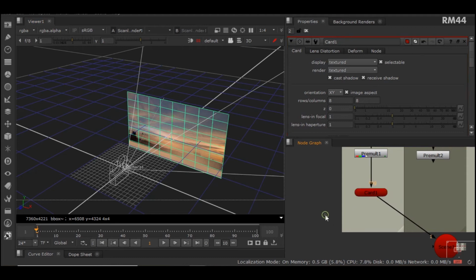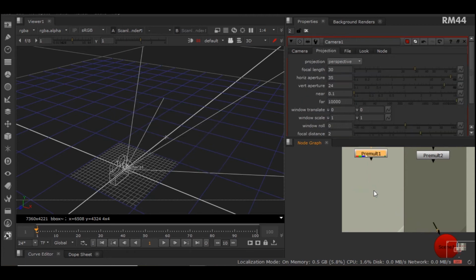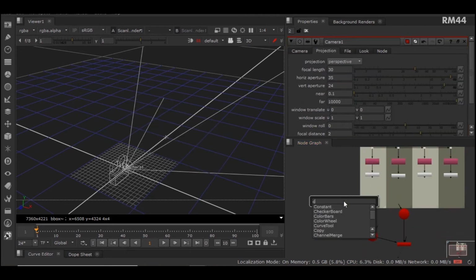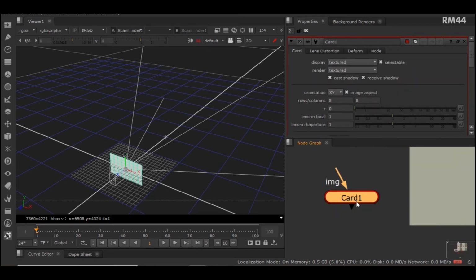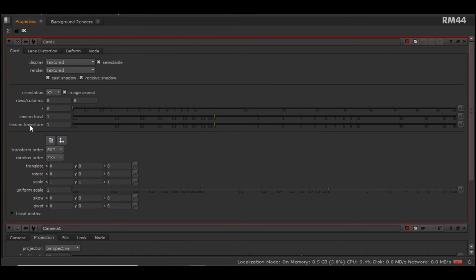In order to overcome this, we do have a method which is giving the values as per the camera. So now I'll be adding a card, and I'll go into the properties of this card and you can see the lens in focal value. Here what we have to give is the same focal length value which we have given in the camera.